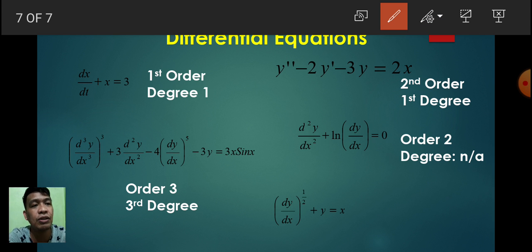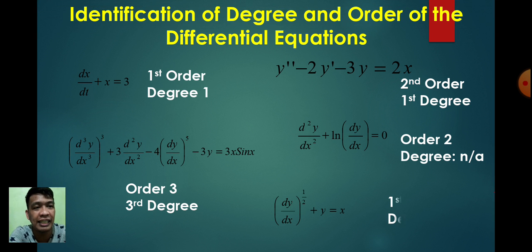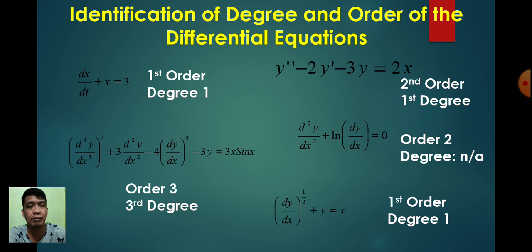So that gives you order 1, degree 1. So be careful. Basta kaya mong i-express polynomially, do so. If not, tsaka pa lang tayo magde-decide that degree is not applicable. That ends the presentation for the degree and the order of or classification of